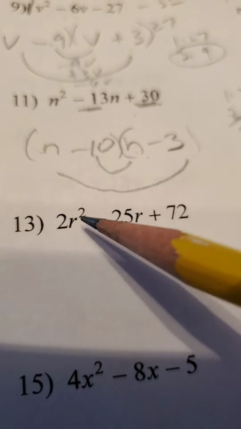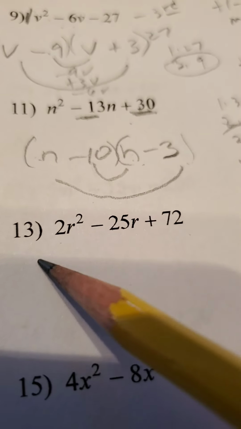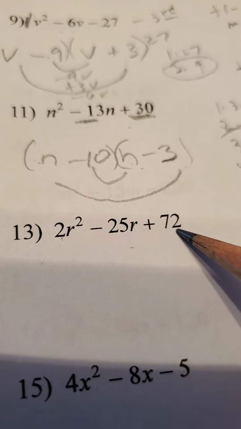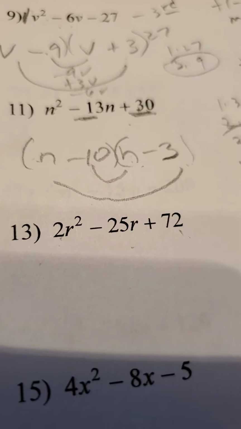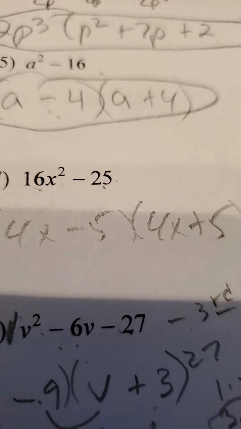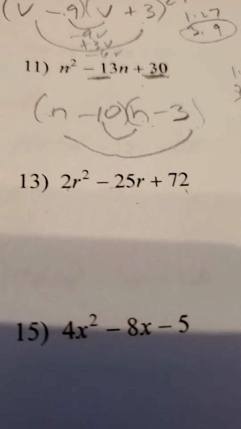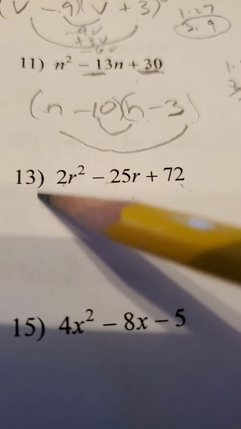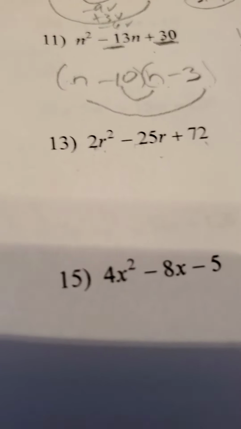First, I look to see if there's something I can divide them all by. This can only divide by 2. These guys cannot divide by 2, so I know it's not a GCF. It's not a binomial, so it's not like up here where it was a difference of 2 squares. And what makes this harder, it's not a 1r squared, it's a 2r squared, which means